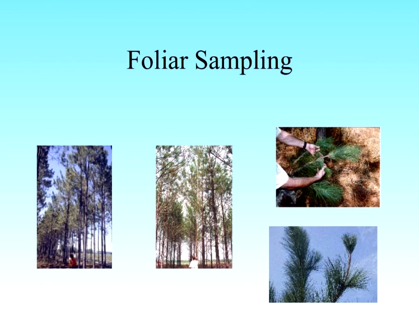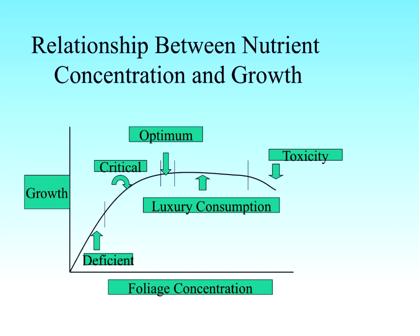If you're going to do any foliar collections for micronutrients in particular, you want to make sure that you wear latex gloves, because if you've handled your car keys before you strip off those needles, likely you've contaminated with about all the copper and zinc and other things that would certainly mask any interpretation. So foliar sampling is another tool that we use, and really the premise of relationship between growth and foliar concentration